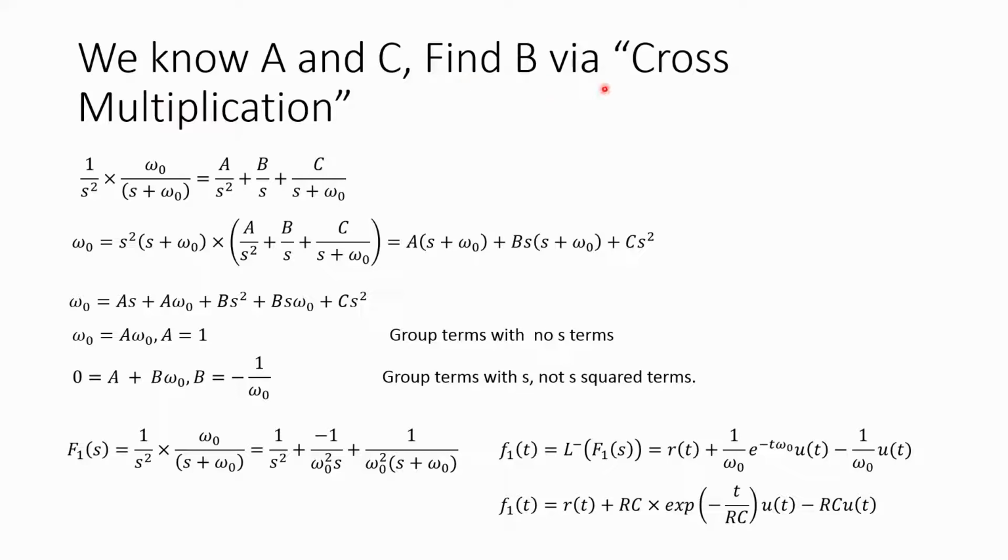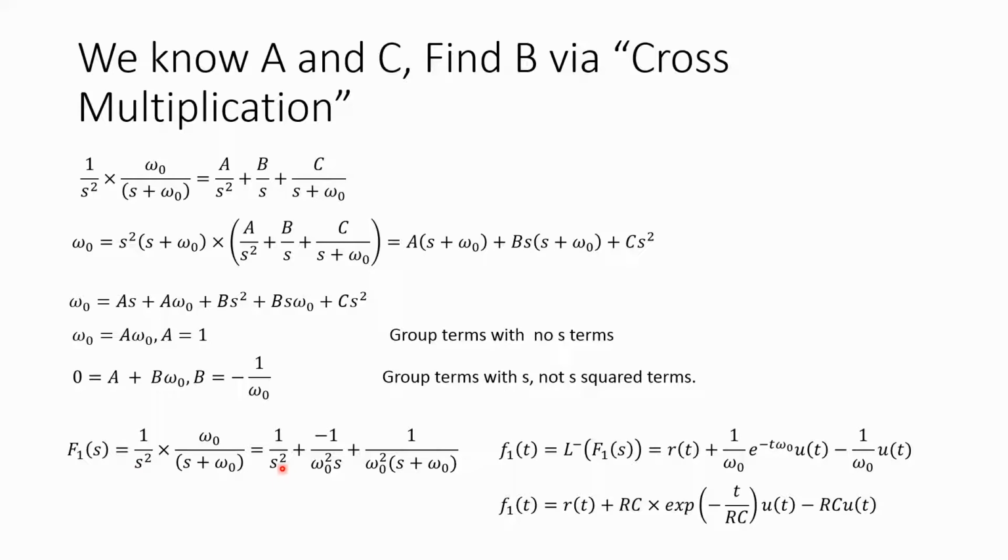B, not so much, and you can look up the cross multiplication method. But basically, I don't have to do it for everything because I already know A, I already know C. I can find B via the cross multiplication method. So just that one part,